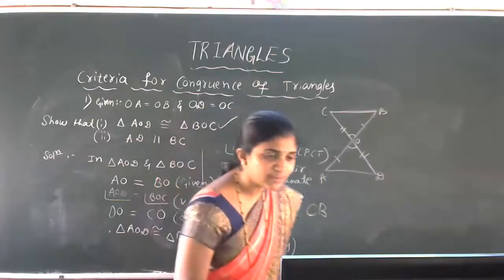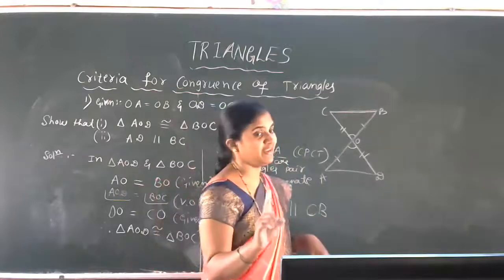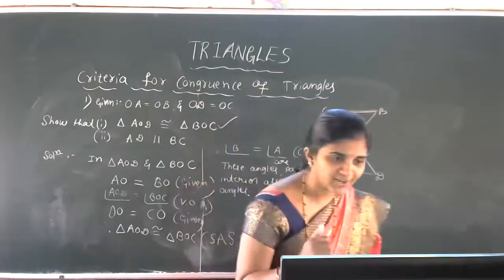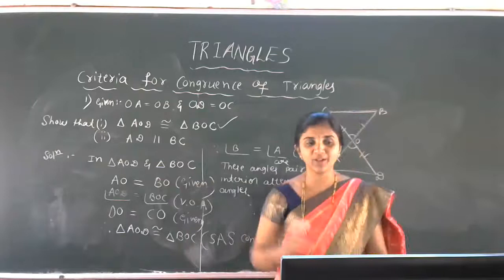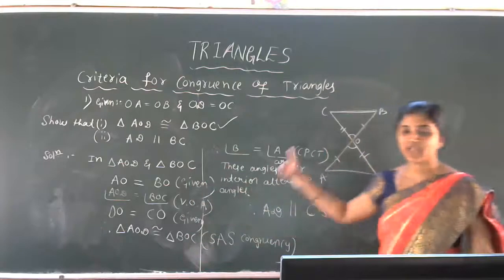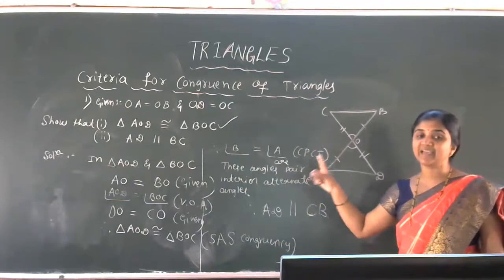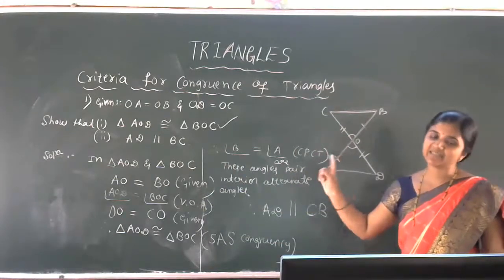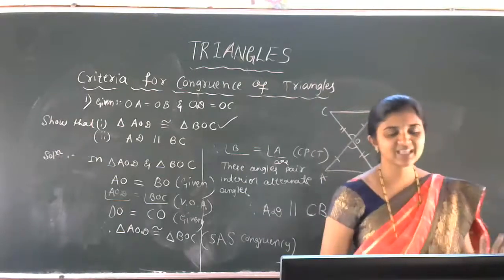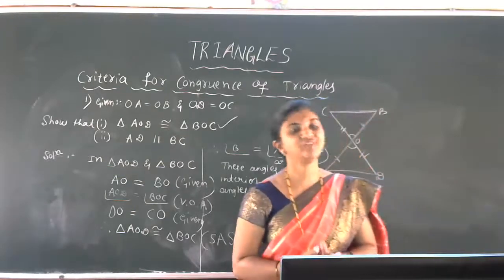Got the idea of this problem, students? You all know that when the interior alternate angles are equal, then the lines are parallel. So, using the SAS congruency rule, we showed that the two triangles are congruent to each other. Next, we took the help of CPCT, and in CPCT we observed that the angles are in Z shape, meaning the lines must be parallel. Is that clear, students? So this is the way of solving problems using the criteria of congruency of triangles.